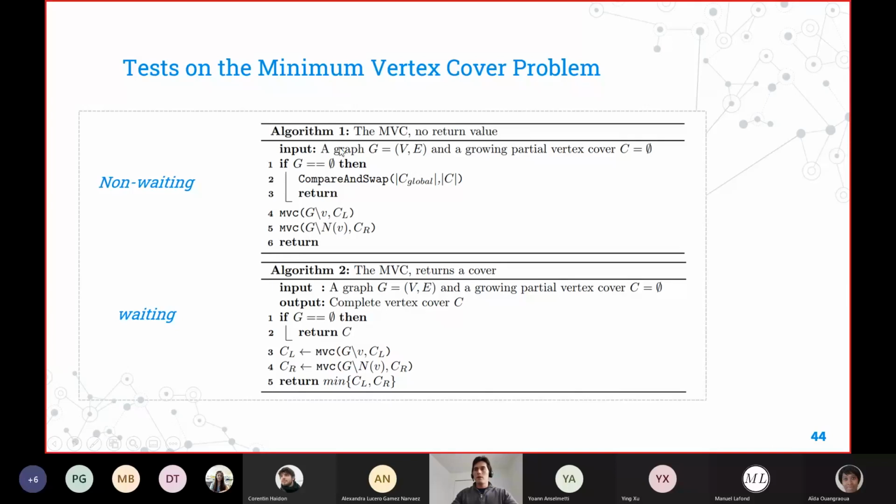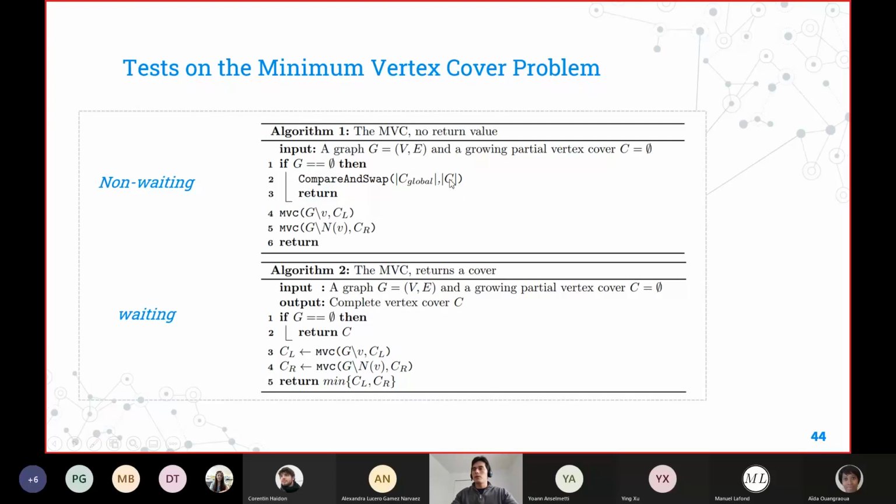I'm not going very deep into the details, but the basic idea is that we have a binary search tree, and when they reach a termination condition, they compare the result with a global variable, and if it's promising, if it is better, it swaps it.